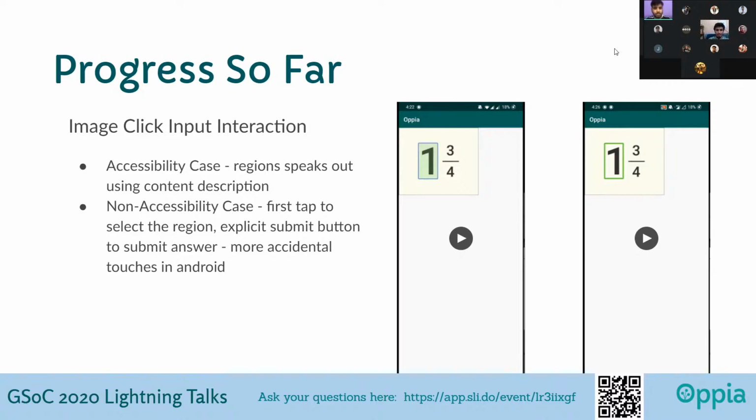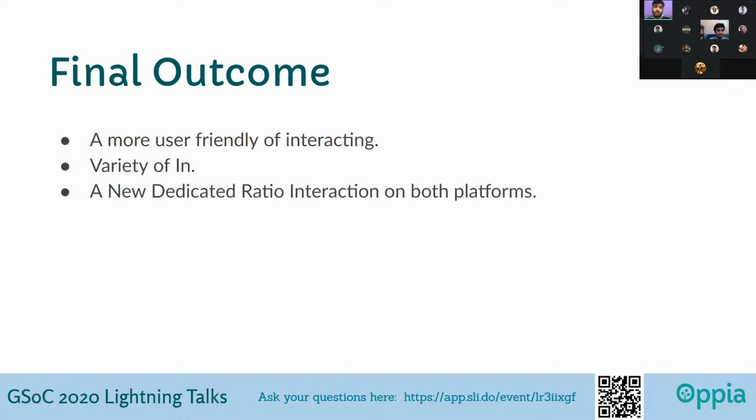Next slide, please. Yeah, so the final outcome would be that in Android we would have a lot more interactions. We do have a set of interactions in Android, but we do not have all the interactions that are supported on the web, which should make sense. There are certain things you cannot do in Android but you can do on the web. I guess I missed out one of the things. Okay, never mind. Another thing is that the interaction will be more user friendly on the Android platform.